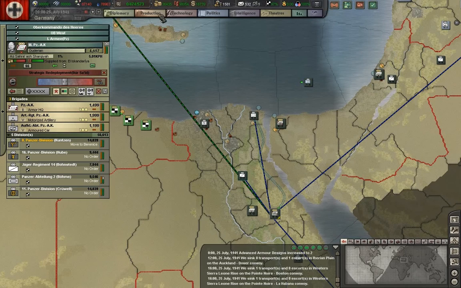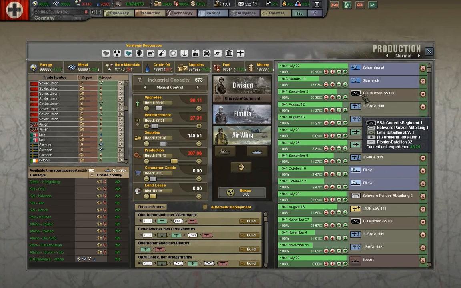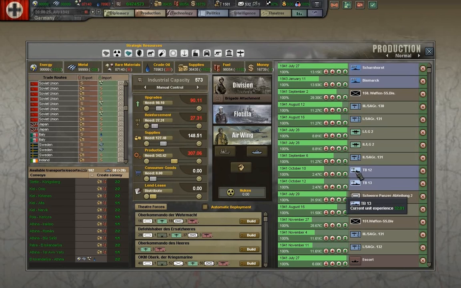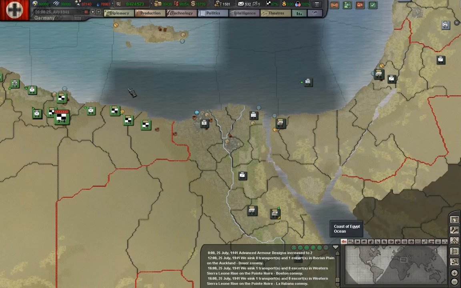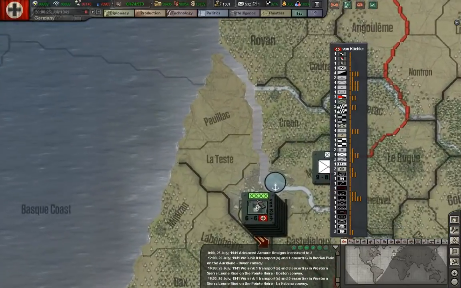I'm sort of waiting for a couple of things. One is at least this division here. You can see it's one of my attempts here at a fortress busting division. I don't know how good that's going to be. I have another one here, but I don't think we're going to wait for that. This plus some of the other units that we have, this force here that's set up,